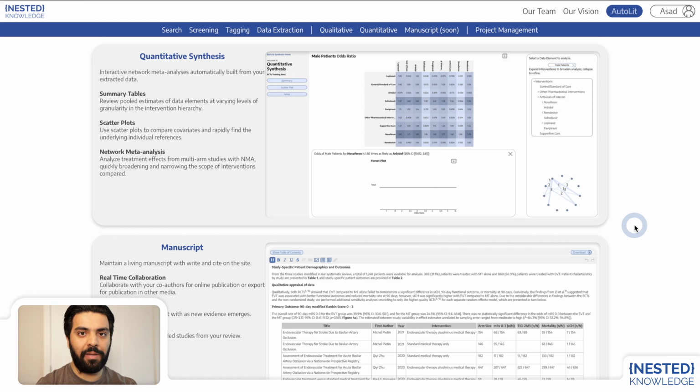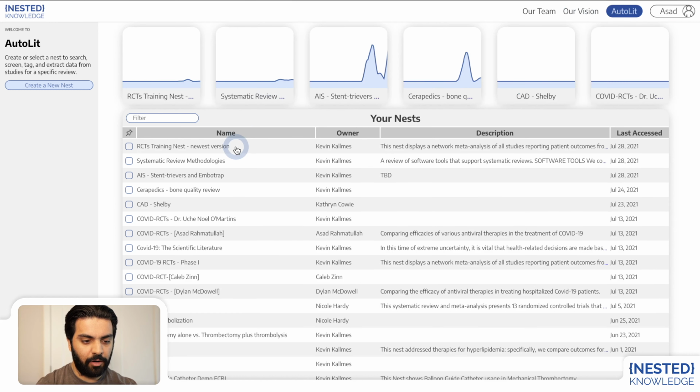So you'll actually be able to toy around and manipulate the data, so to speak, to look for outcomes of interest. We'll be able to show summary tables and scatter plots as well as the network meta-analysis, or the NMA plots, to visualize different treatment effects from the various studies that we've collected and gathered into our nest. So if you follow me along here, we'll go to AutoLit and click on the RCT training nest that